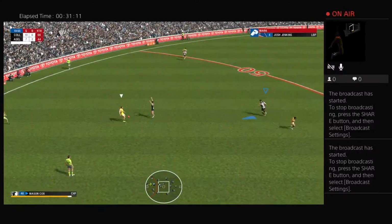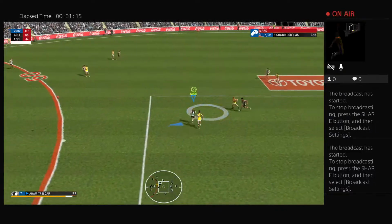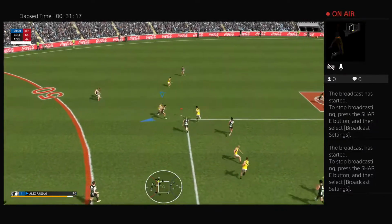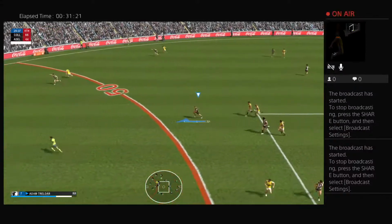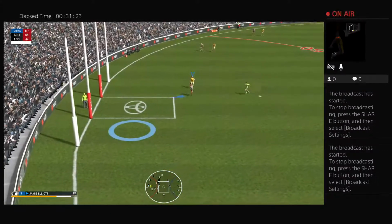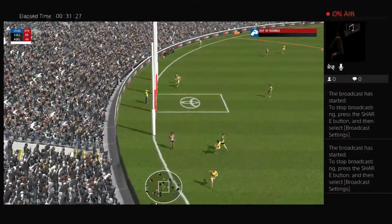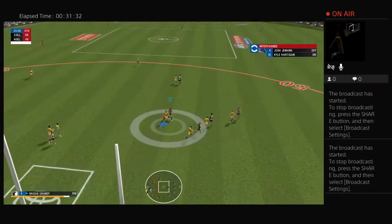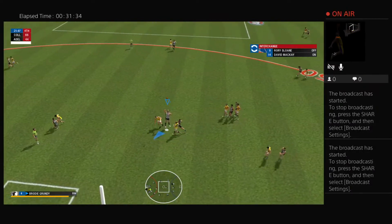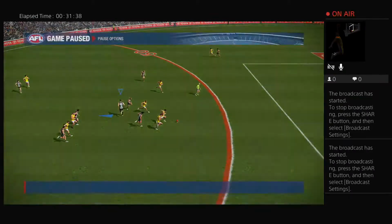Jenkins has it. Adelaide just can't find a free man inside 50, and it's really having an impact on the scoreboard. He taps it. Otten collects it. It's been cut off. He taps the ball. Treloar gains possession. The ball crosses the line. The Crows coach using the bench. Grundy aims for his man on the ground. Deft touch from...